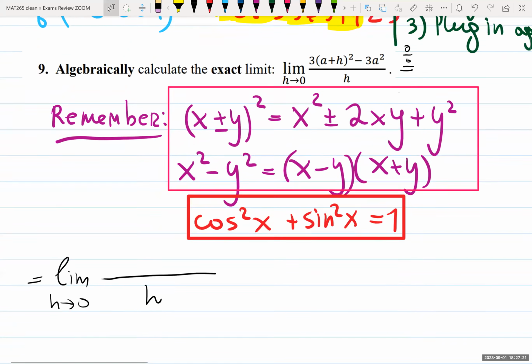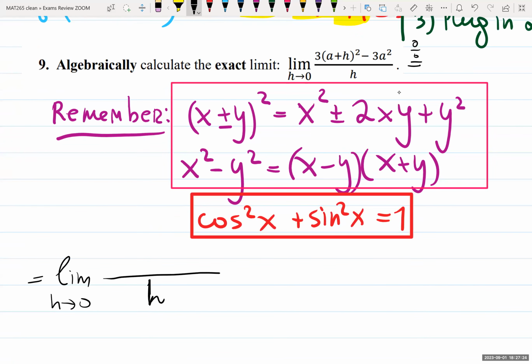Step 2 is, I know that division by 0 happens because of this bad guy in the denominator. It's h. So it'd be nice to cancel it out somehow. Then I will do step 3 and I will use the formula. Square of sum: a squared plus 2ah plus h squared, like so, minus 3a squared equals,